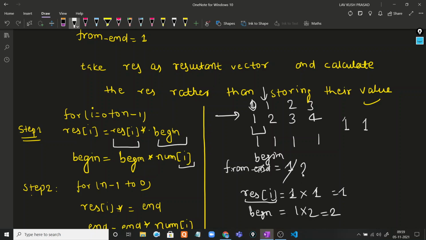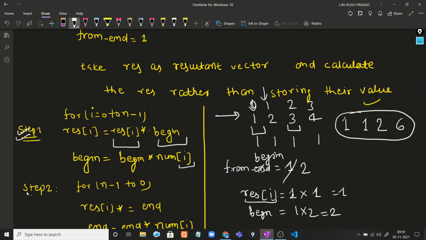Here we update begin, and after this the value for index 3 gives 2, and similarly for the other case it gives 6. So this is the resultant vector from the first step.